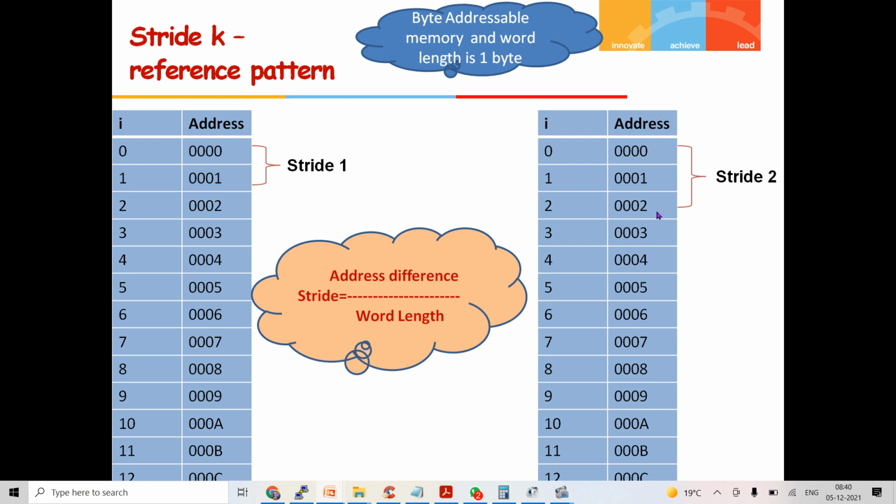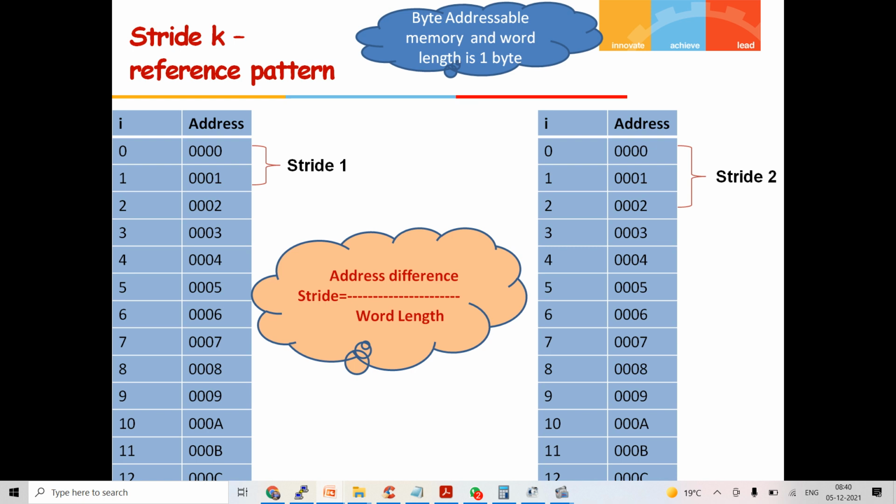So stride is defined as address difference divided by word length. Here the address difference is 2 and the word length is a byte, so the stride is 2. In the earlier case, the address difference is 1 and the word length is 1, so the stride is 1.